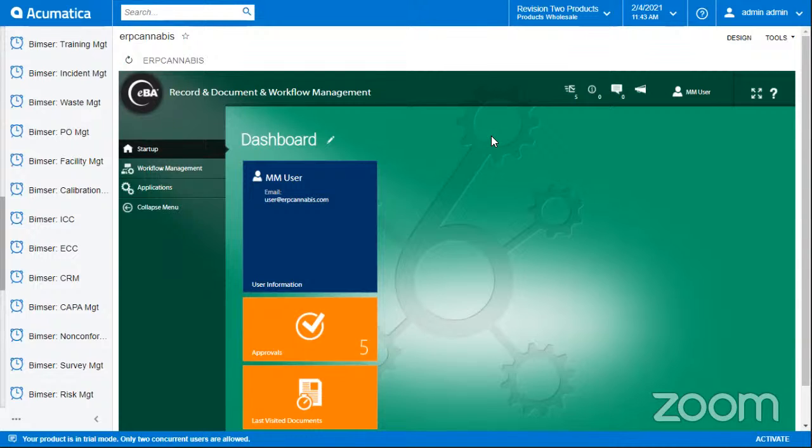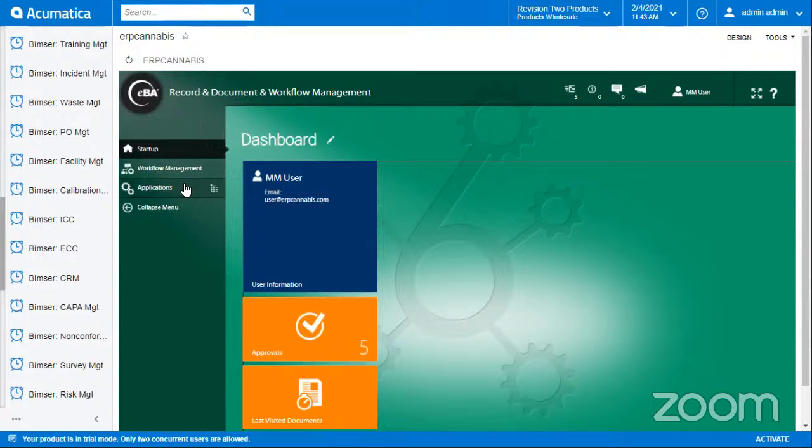Users will see what they're supposed to do in our system. Now, I'm logging in as the admin user so that I have full control of the system. And this is the homepage of ERP Cannabis. First of all, you can find your user information, your name and also your email. Furthermore, all your pending tasks and requests for approval will be shown in this widget as well, so you can get a quick connection and start proceeding with a particular request.